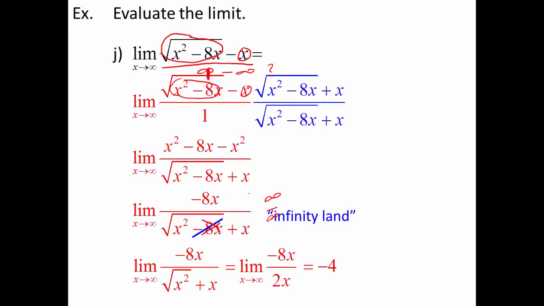If I were to ignore the fact that this x and this square root of x squared were in fact the same degree, then I might make the mistake of using leading coefficients of -8 and 1, but in fact these guys are the same degree, so I can simply combine them and reduce it down to -4. Now I really like this question because there's a completely different way I could do this problem that I think is a whole lot simpler, but a whole lot less obvious, but it still comes down to that concept of